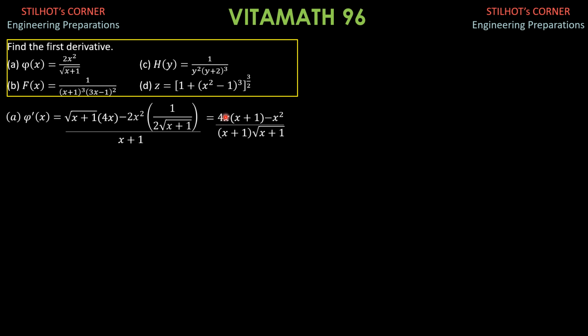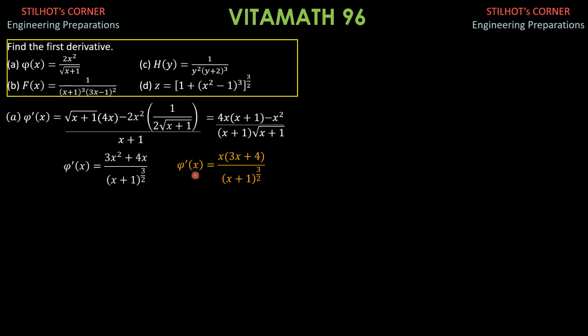So the numerator reduces to 4x squared minus x squared, which is 3x squared plus 4x, and we can combine the denominator as x plus 1 quantity to the 3 halves. This is 1 and the power of x plus 1 here is 1 half, so 3 halves. Simplifying further by factoring out x, so we have psi prime of x equals x times quantity 3x plus 4 all over quantity x plus 1 to the 3 halves.